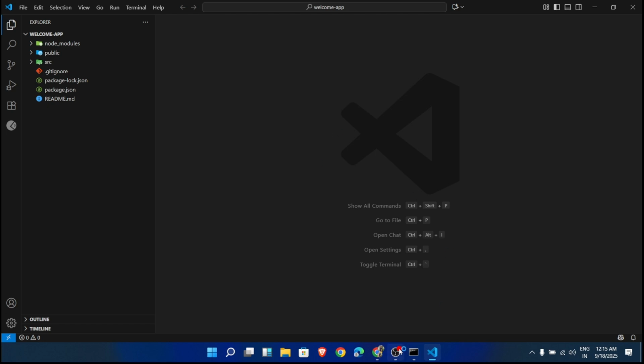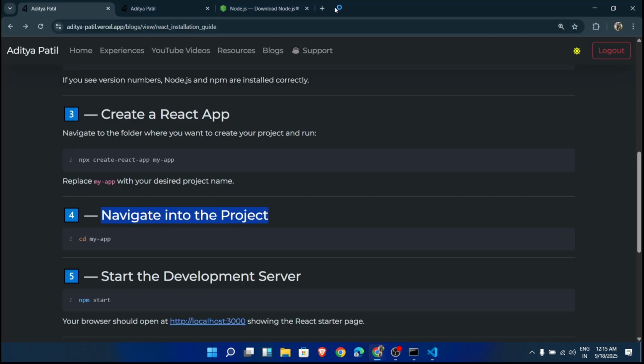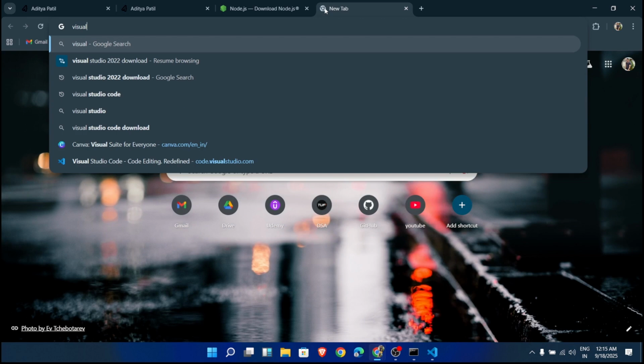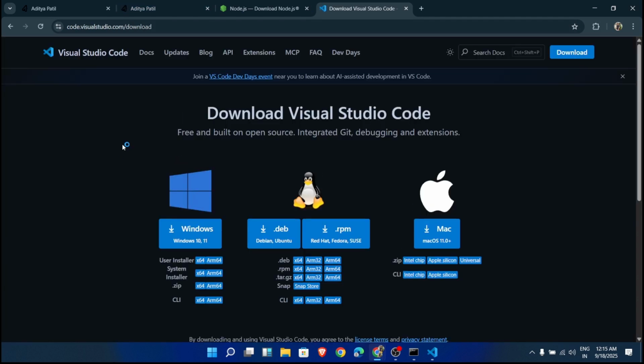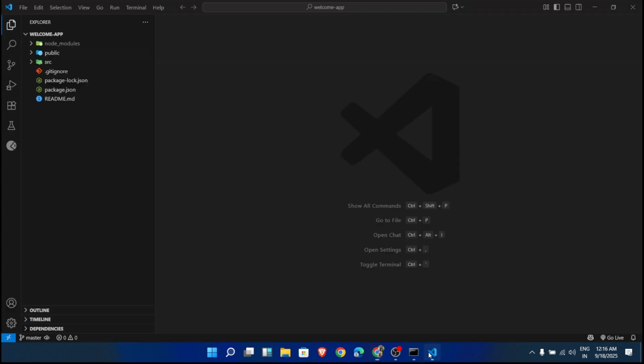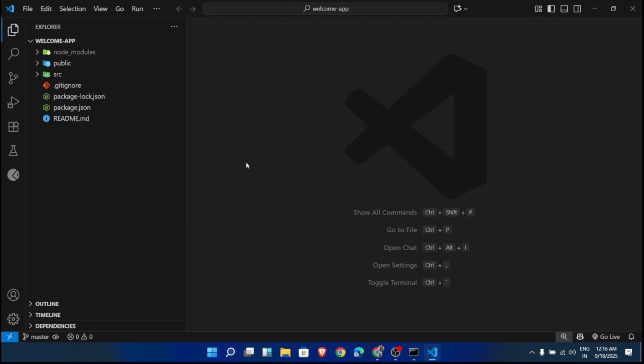If you don't have it, you can go to Chrome, then Visual Studio Code, go download, and from here you can directly download it for Windows or Mac or Linux, anything you want. Okay, so once the code editor is downloaded, I had opened the project inside my code editor,